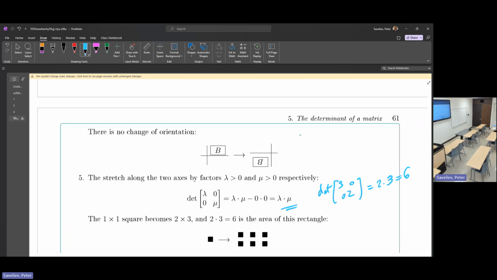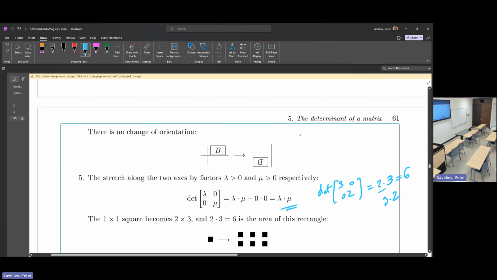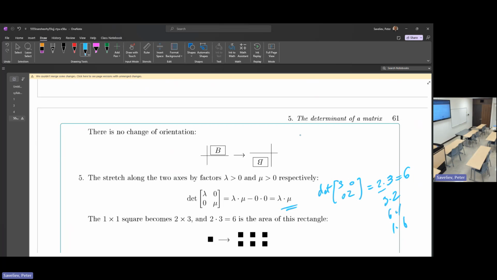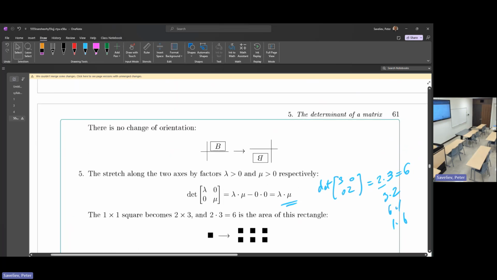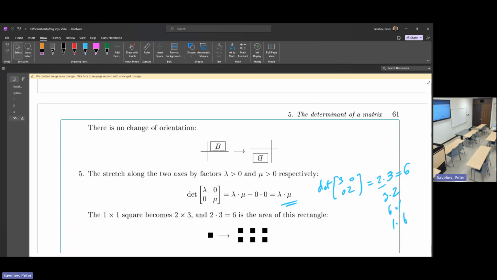So 6 is 2 times 3, but it's also 3 times 2. It's also 6 times 1 and 1 times 6. So there are infinitely many possibilities of different stretches that would produce the same determinant. The same change of the area by 6, but horizontal and vertical might have different coefficients. So the determinant is good, but it cannot possibly contain all the information about the linear operator,